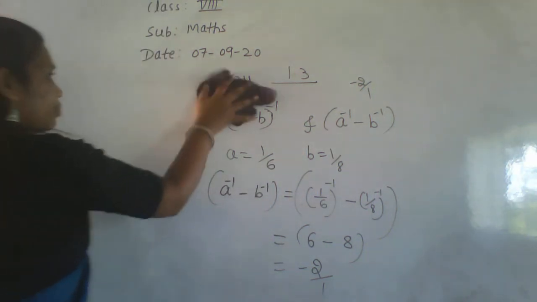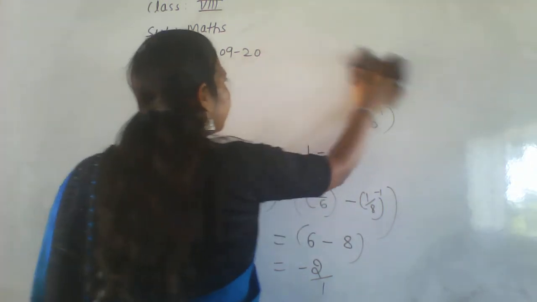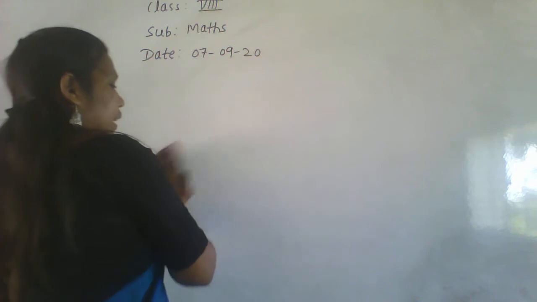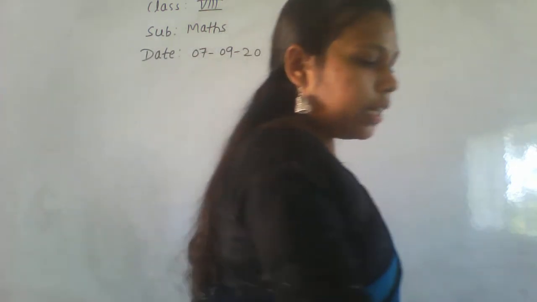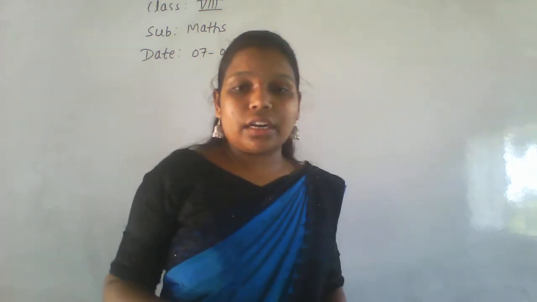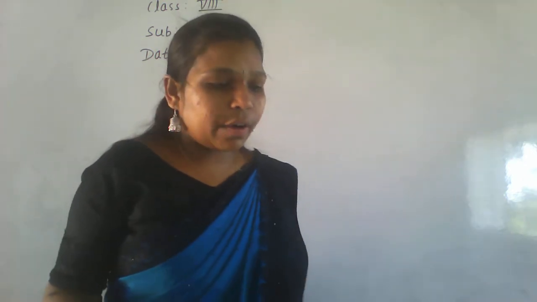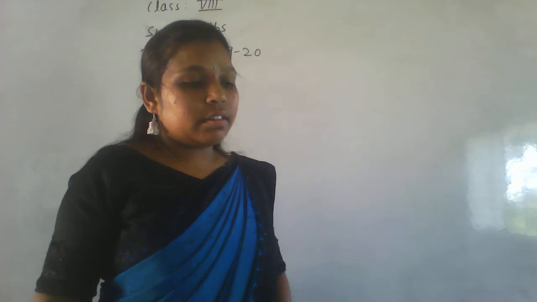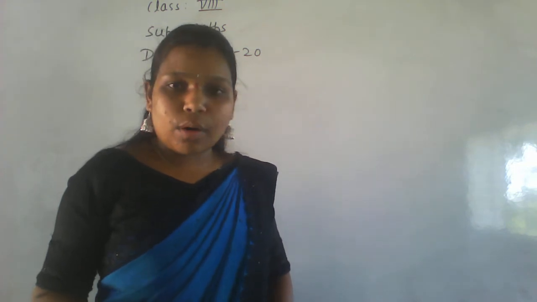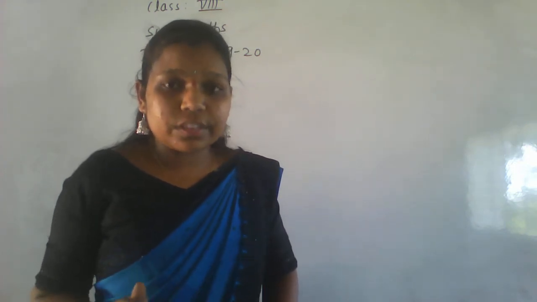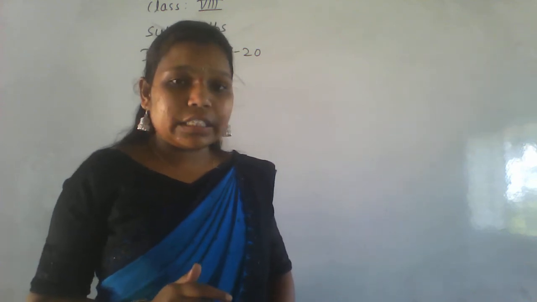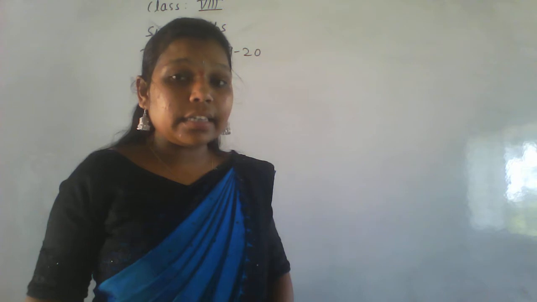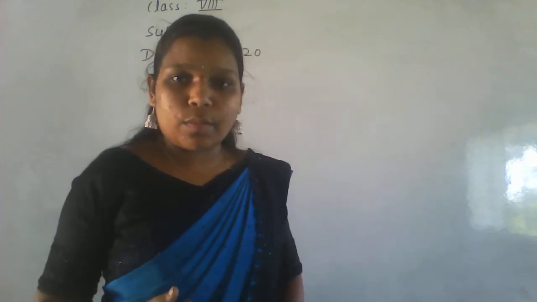We completed exercise number 1.3 now. 1.3 already completed. Next, go for word problems on rational numbers. Okay, word problems. I hope everyone understood these word problems. If you are thorough with the English and with every theory part, then you can solve these word problems.